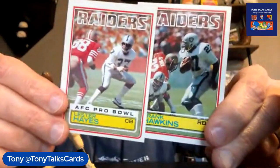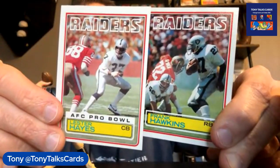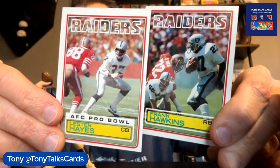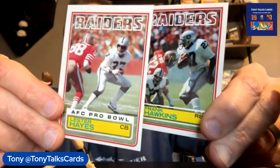A few action shots here, actually, for the Raiders. We've got Frank Hawkins and Lester Hayes. Pretty easy to pick this one out, too, given the color uniforms the Raiders are wearing, the 49ers uniforms, and just very similar backdrop,